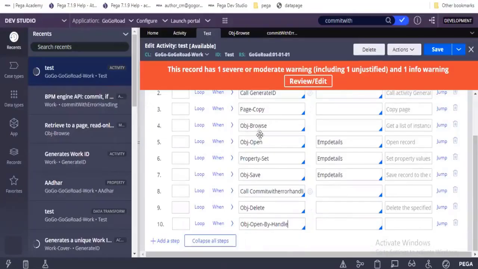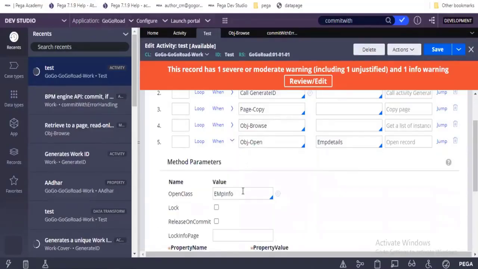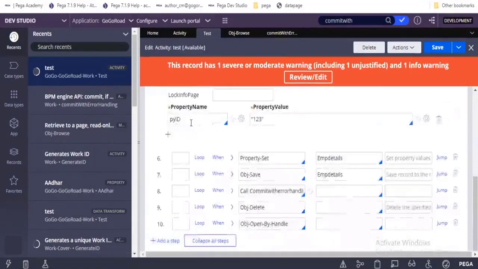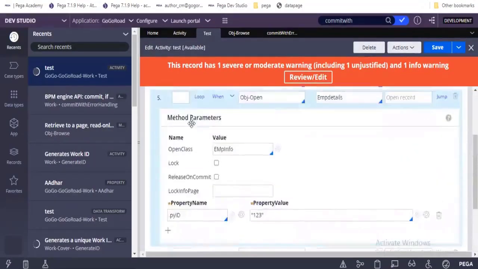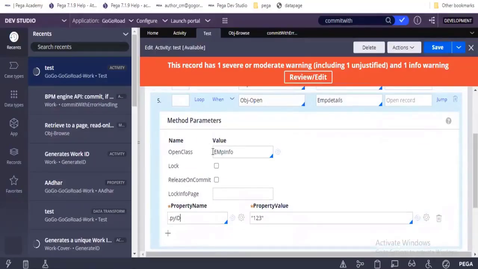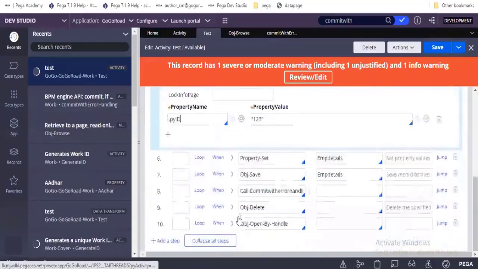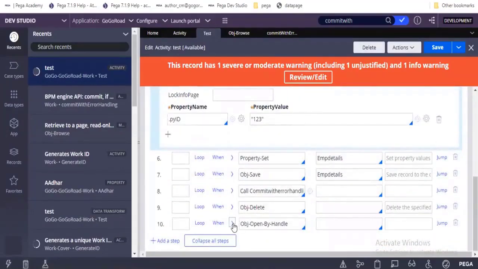Obj open is expecting the table's primary key. If you expand this, it is expecting the table's primary key. But obj open by handle will expect pzInsKey.